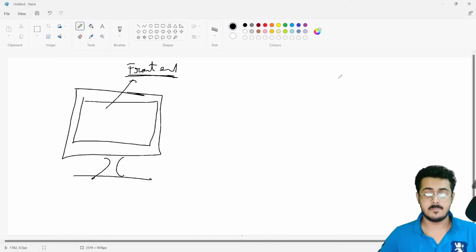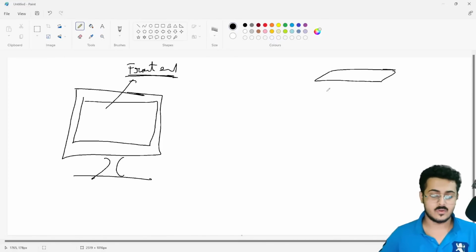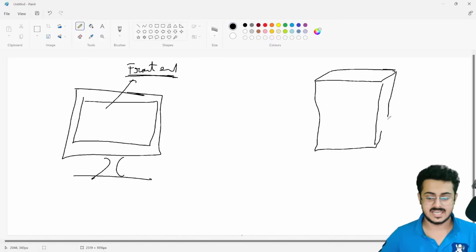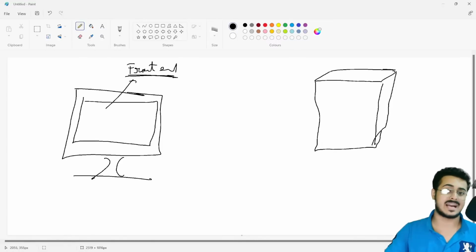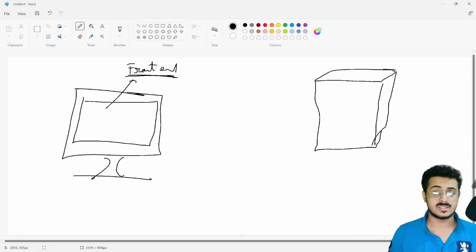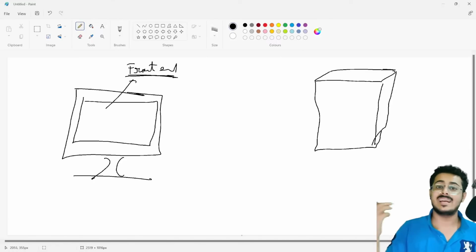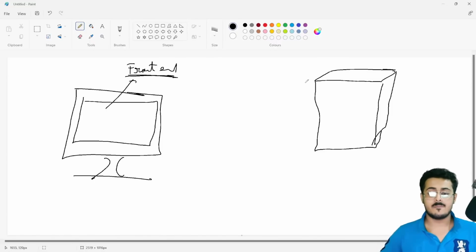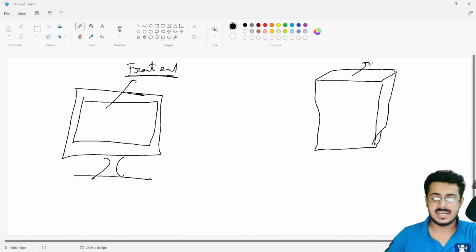And then comes the backend. The backend is what we are going to learn in this bootcamp. So don't worry if you're not able to understand it right now, because we are going to spend the next 7 days understanding the backend itself. But before that, we need to understand how the internet works. Why do we require a backend? That is the major question. And why do we need to learn JavaScript for the backend?